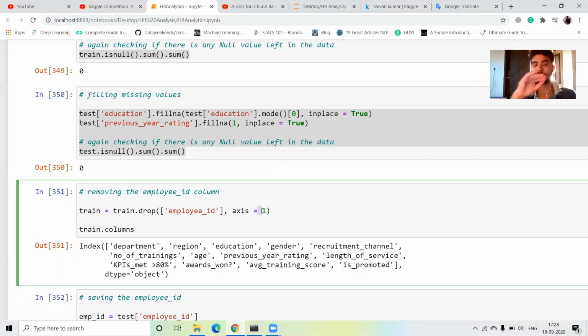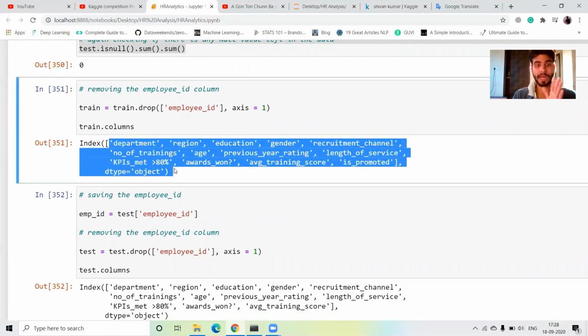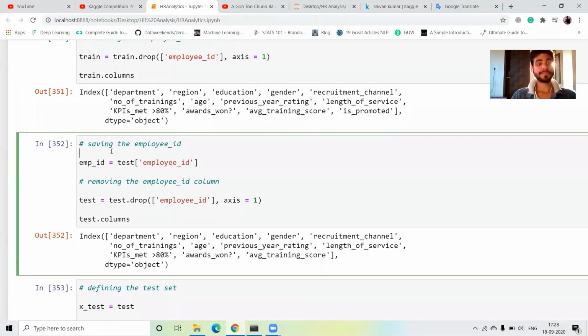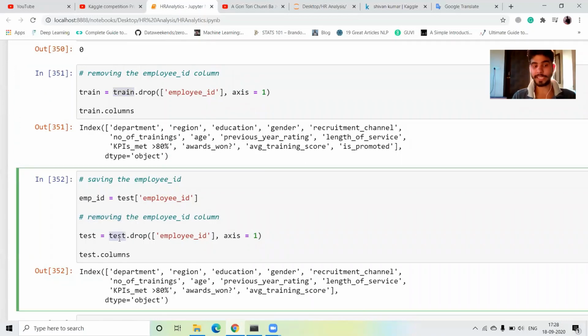So I drop our unnecessary employee ID column. Next, I save the employee ID of the test data: I take employee ID from test. Next, I remove the employee ID column, first from the train data, then from the test data.